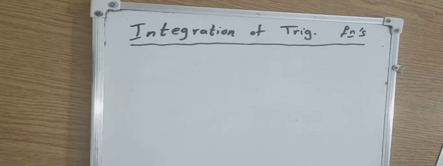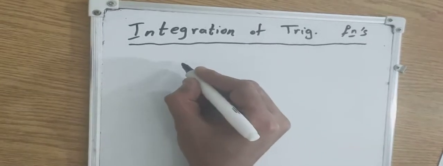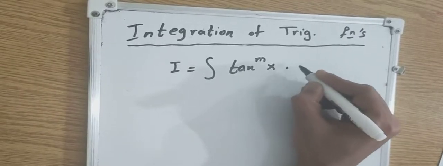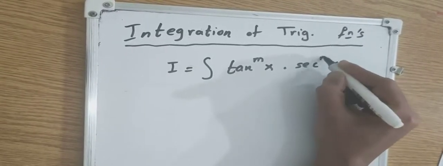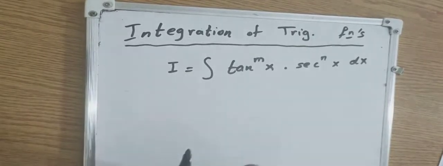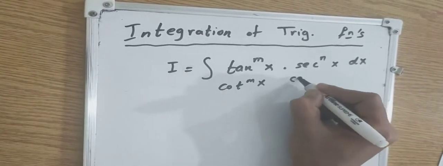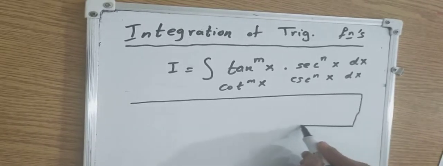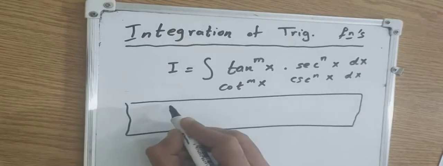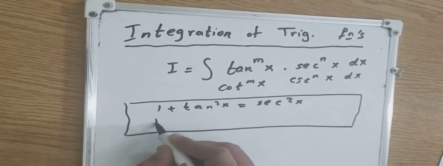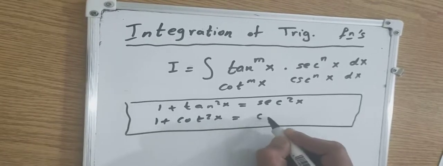In this video, we will discuss the case if we have the product of tan x to the certain power m times sec x to the certain power n. Of course, tan times sec or cotan x times cosec, and the same for tanh times sech or coth times csch. The idea is tan and sec are related by the identity that 1 plus tan squared is equal to sec squared, and also 1 plus cotan squared is equal to cosec squared,